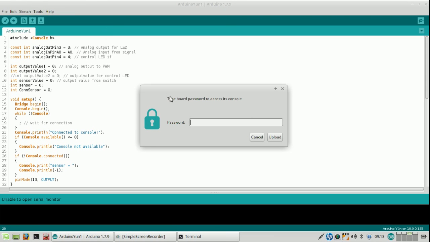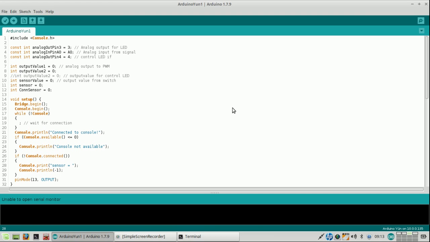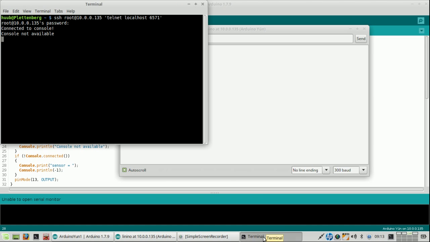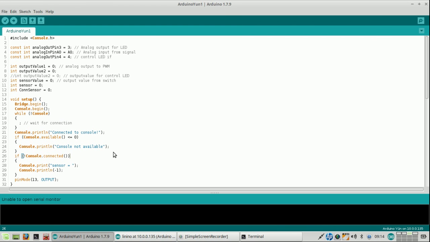If I do that now, it immediately asks me for a password, and then the serial monitor does open, and it's waiting for the first output. But the point is that with this output it shows immediately what is going wrong. Well, more precisely, that something is going wrong,